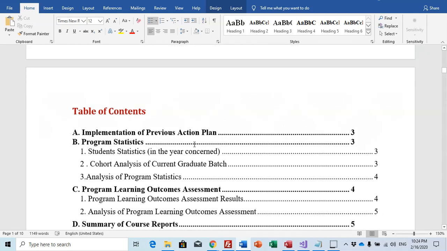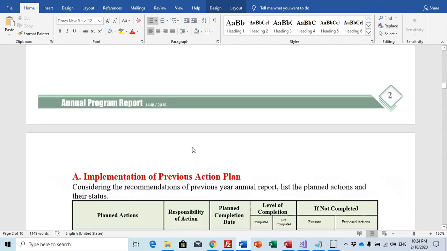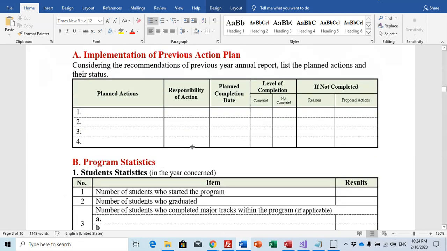The table of contents should be updated after finishing the annual program report. Now, implementation of previous action plan. Considering the recommendations of previous year annual report, list the planned actions and their status.